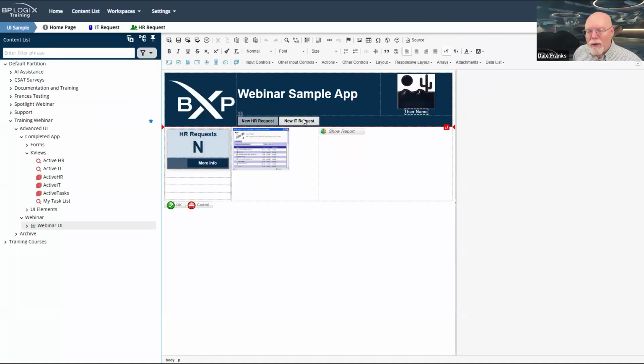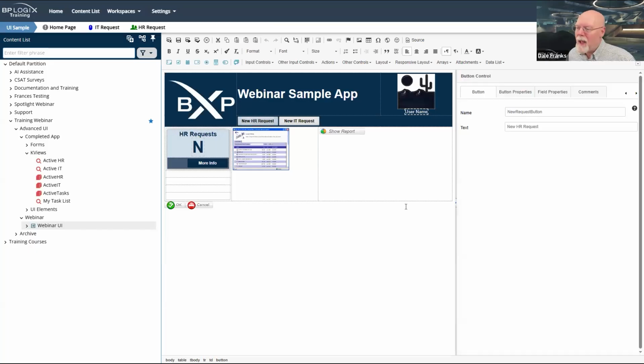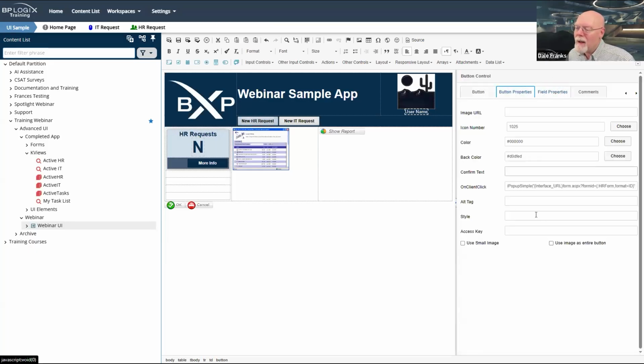Now, how do these buttons work? In Process Director, we have some JavaScript APIs kind of built in. And one of those APIs is called iPopUp Simple.